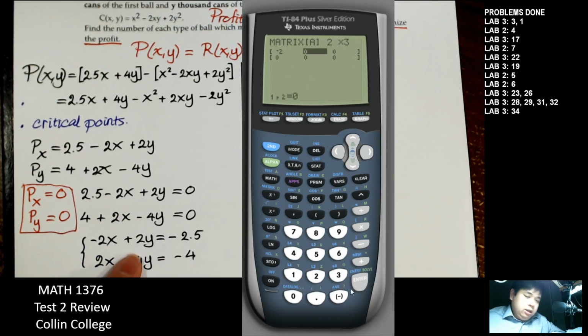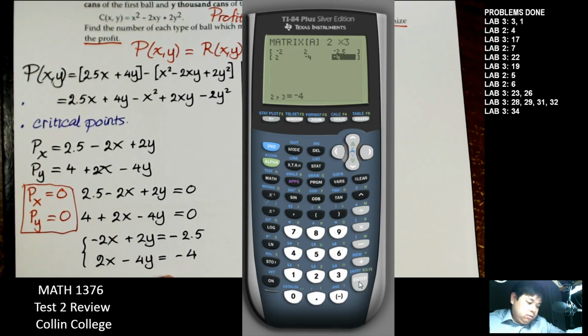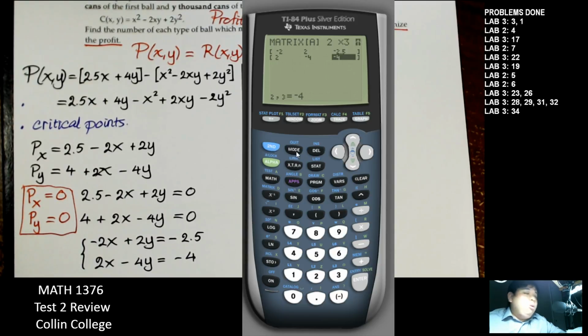Negative 2, 2, negative 2.5, 2, negative 4, and negative 4. Right. When I'm done, I can quit. Now go to